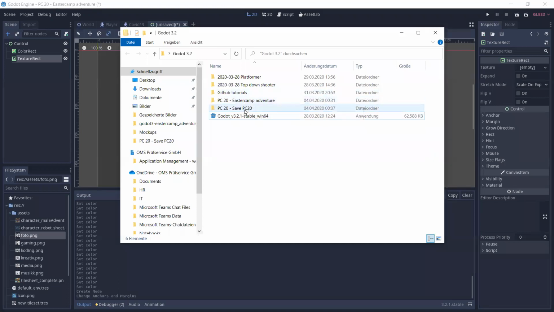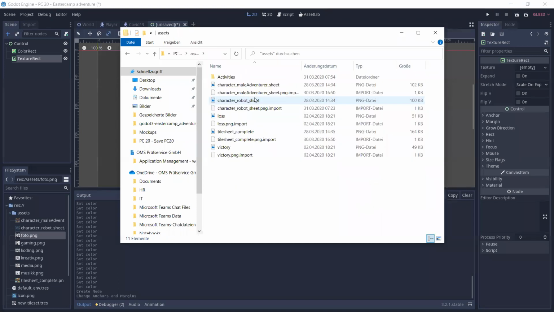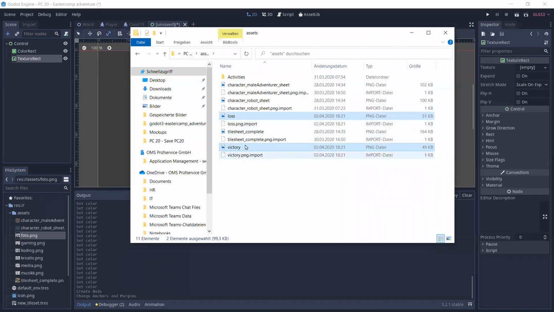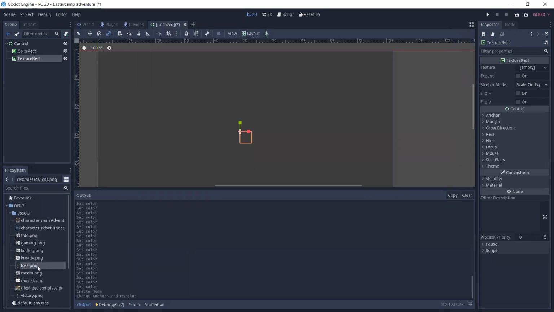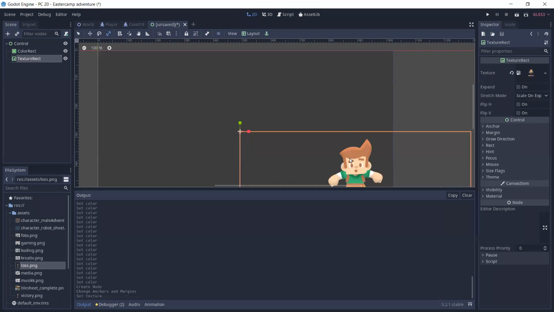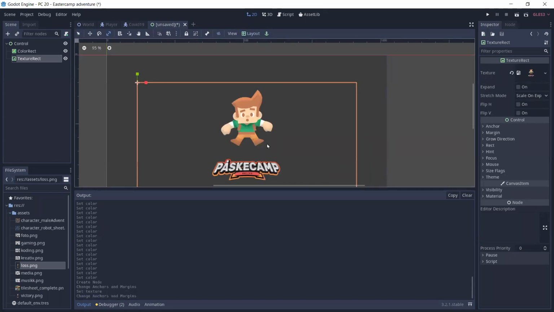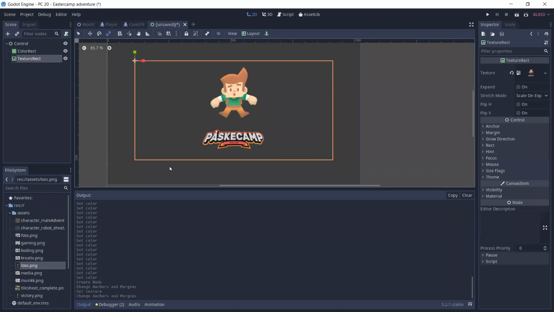You cannot do that for sure, but okay, so loss and victory. I think I uploaded those later to the assets, so you should maybe have those. But let's move those to the assets folder here. I will make sure that they are in the assets folder as well in our script later. I hope they are there. But I have here the loss PNG texture. It looks like that. Okay, so here we lost,